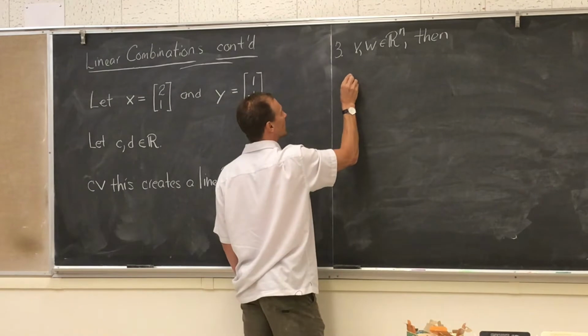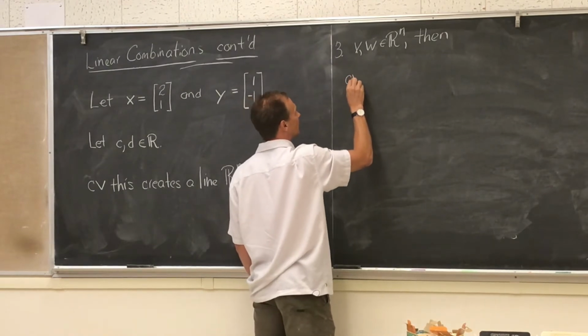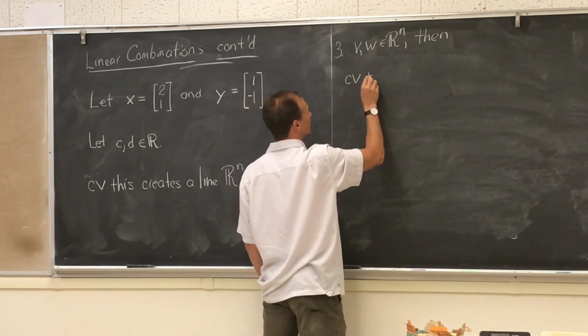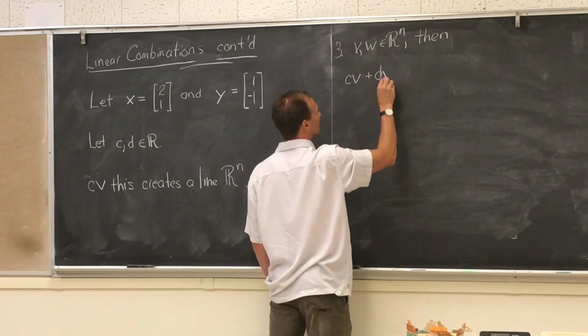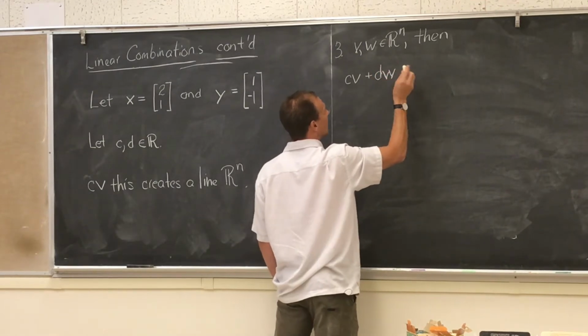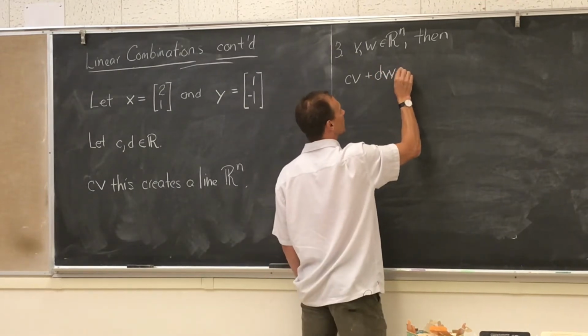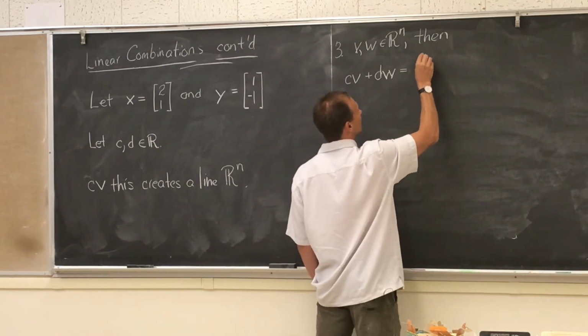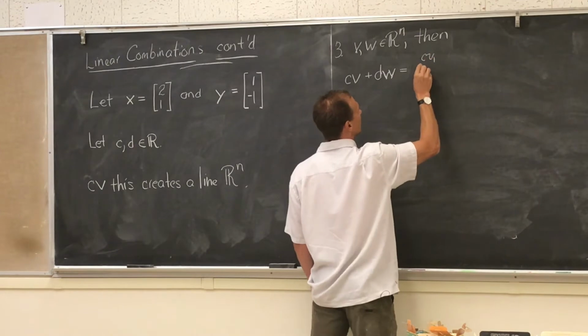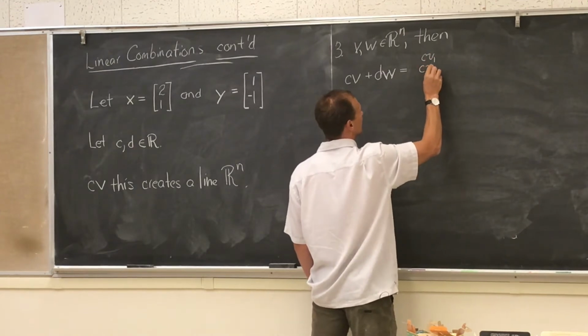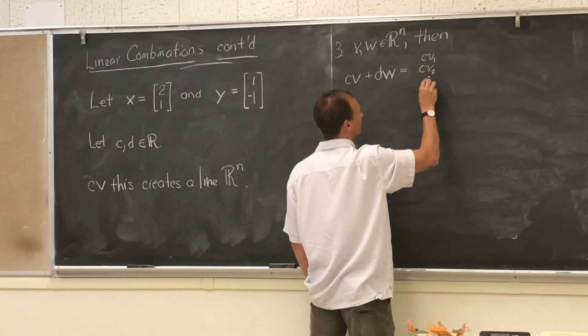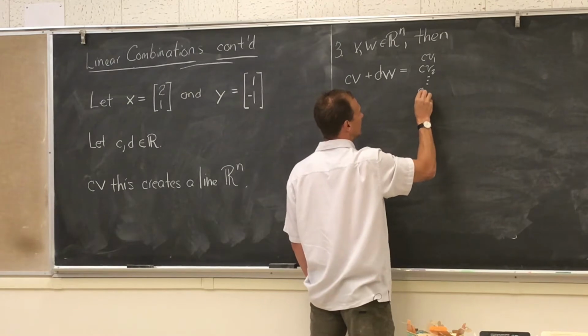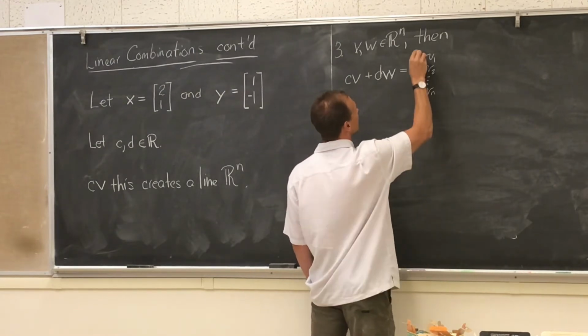We can take a scalar c times the vector v plus our scalar d times the vector w, and here's what we get. We already know that c times v is c v1 and c v2 all the way out to c vn,